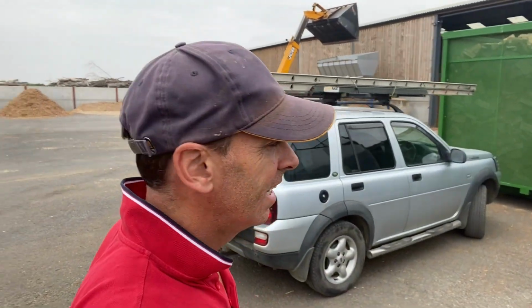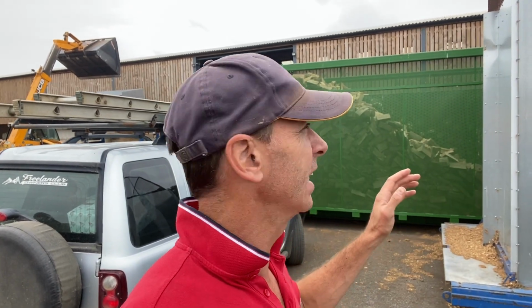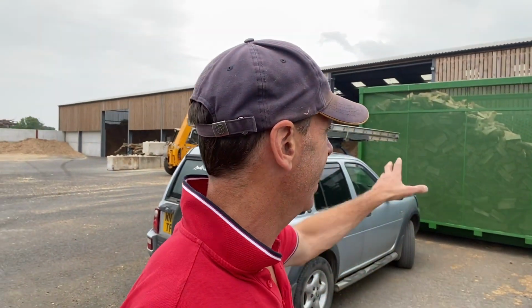Okay guys, back here on this conundrum on the drying box. A few people have made some comments on that from last week's video. So just to remind you what's happening, I've got a tube that's coming out of the dryer up there, and it's putting in about 10,000 cubic meters per fan. I've got 2 fans. They're running about 80%, so it's probably about 18,000 cubic meters of air an hour going